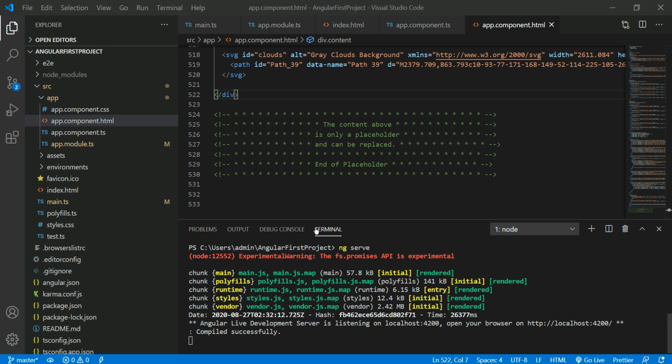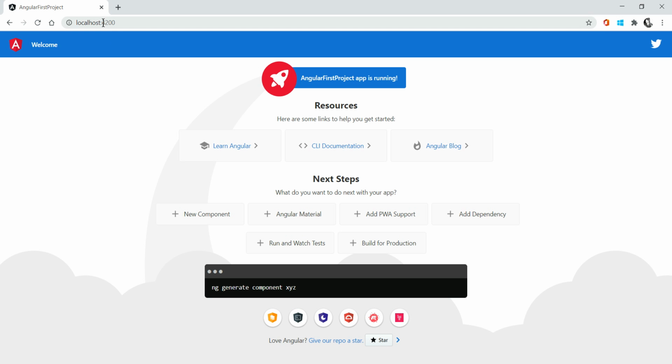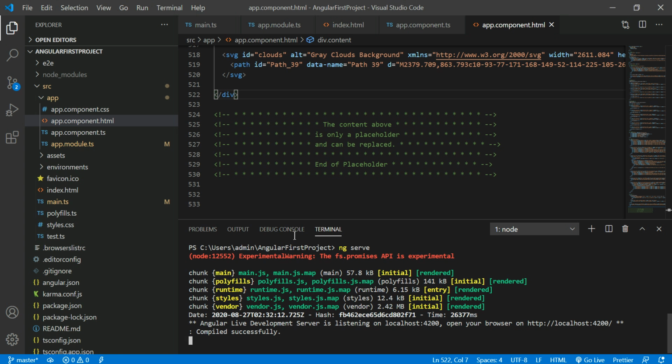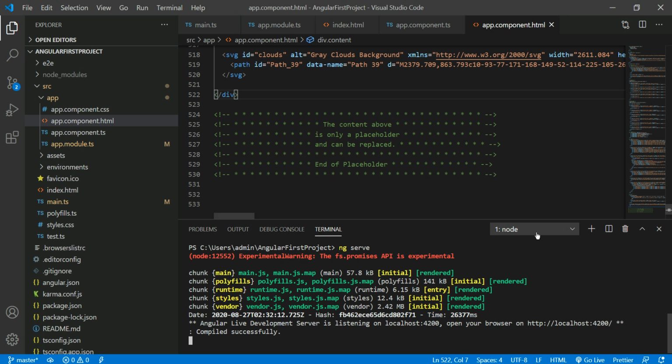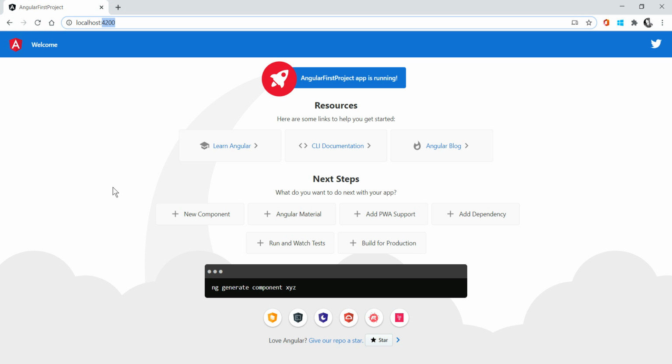Actually, Chrome is a very friendly browser. We can monitor any kind of issue. So I open the port number 4200. Okay, so now it's on, because see, it's local. In case ng serve is off, if I try to turn off ng serve, then this port number won't work. Okay, you should always keep ng serve on.